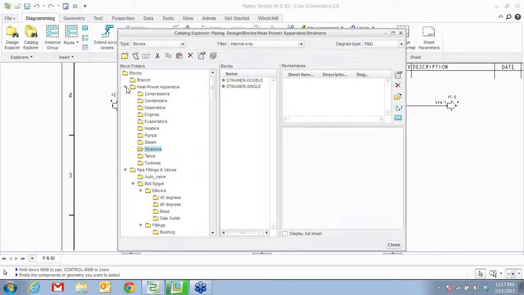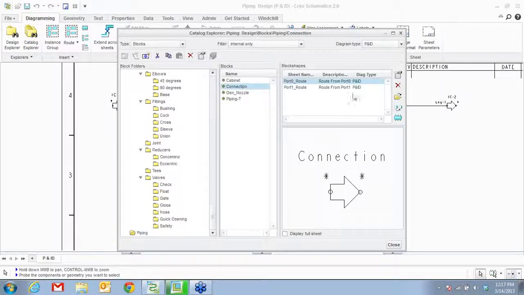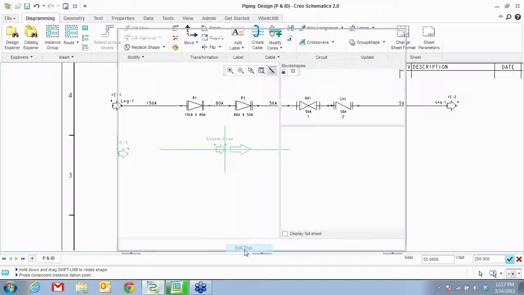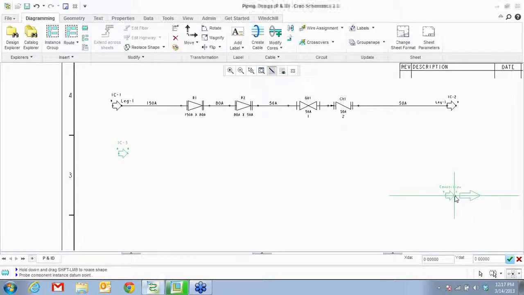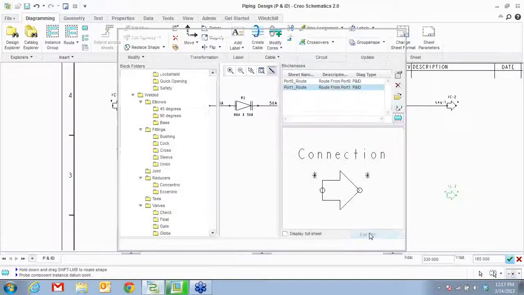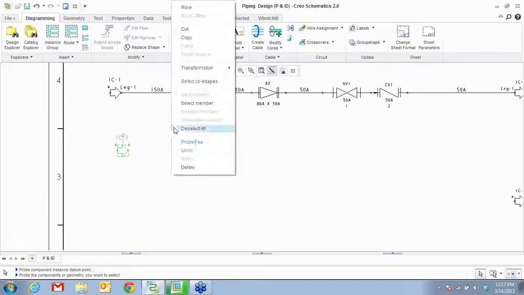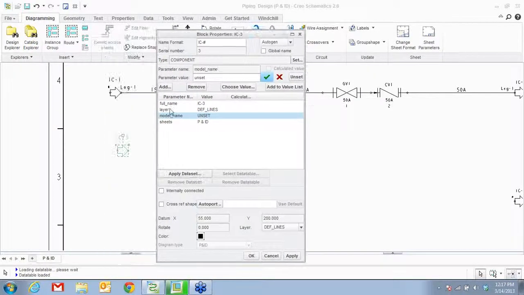See that? So we can go ahead and place a connection. So here I have a connection. I like to start off with that and then place another connection. What's most important in this is the model information. So if I select that connection, right click, properties, you see the model name is unset. Now if this connection is represented by a component A, then I need to put A over here.